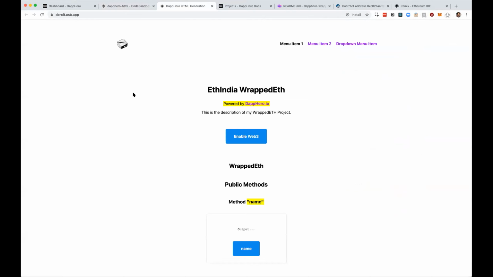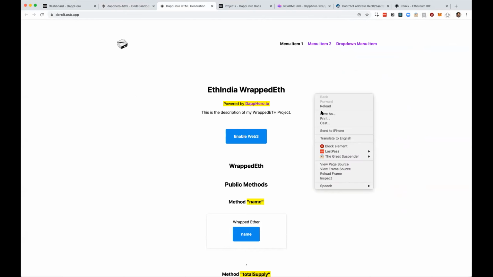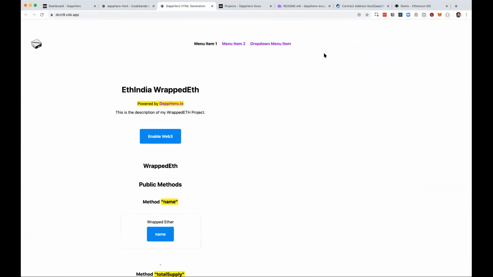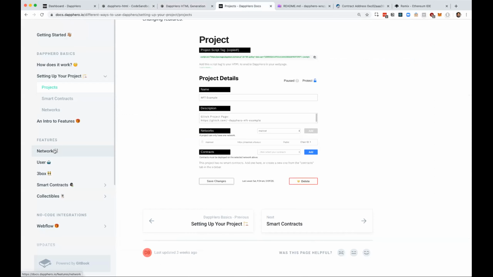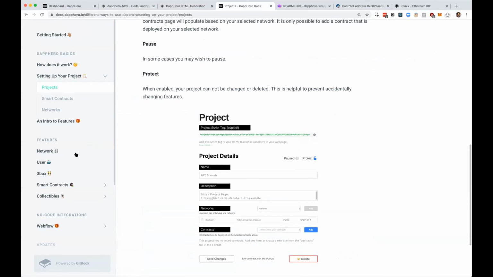Let me show you the end result here. This is ETHIndia wrapped ETH, and let me open the console really quickly. We also have this button here, this is very important. It's a network feature, which you will find under features, and this is the documentation. So if you go to network,